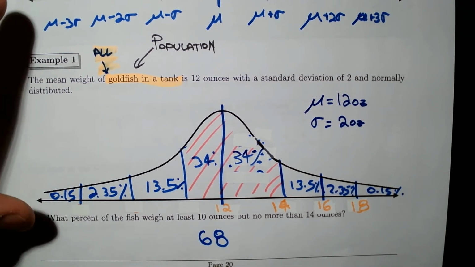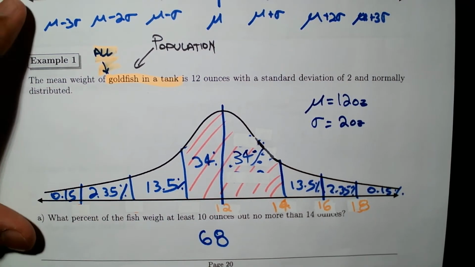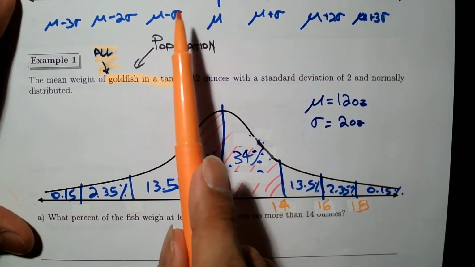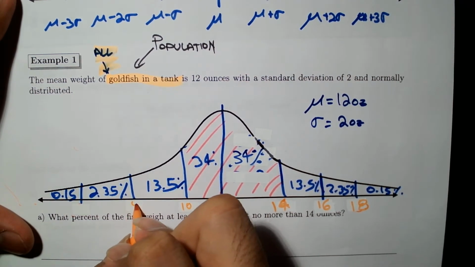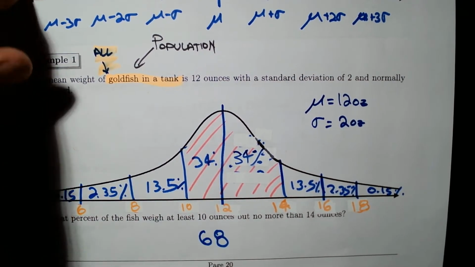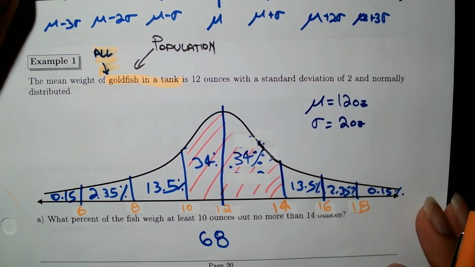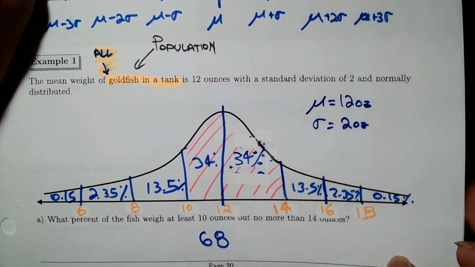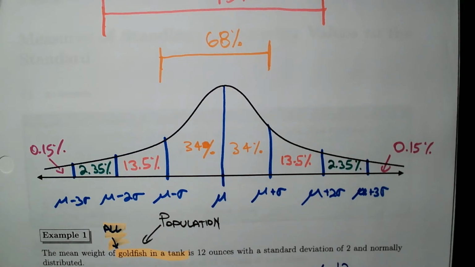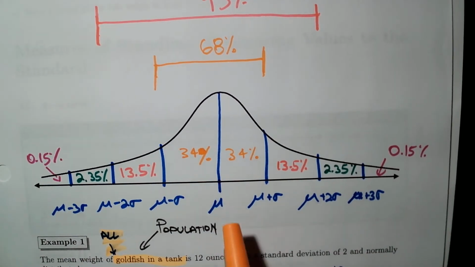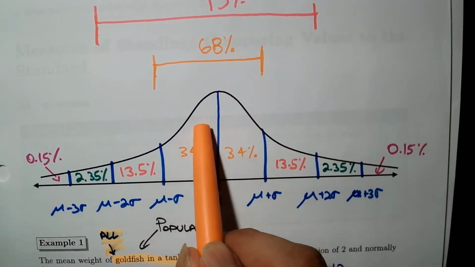If we go in the other direction of the bell, we're going to subtract 1 standard deviation. That's going to be 10 ounces, 8 ounces, and 6 ounces. Okay, let me go back to this diagram we have at the top. It means that within 1 standard deviation, right and left, we are going to have